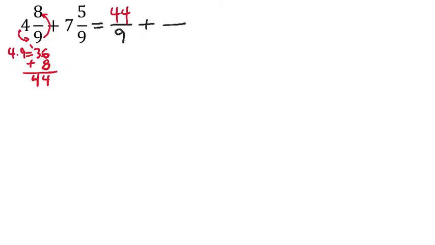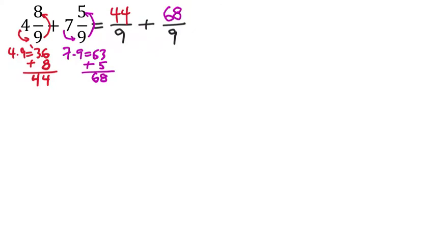All right? And then the second fraction, cycle method once again. I got 7 times 9, which is 63. Excuse me. And we need to add the numerator, 5. So 3 plus 5 is 8. Nothing to carry, it's just 68. So I have 68/9. Now, what we get on this one is denominators that are already matching,